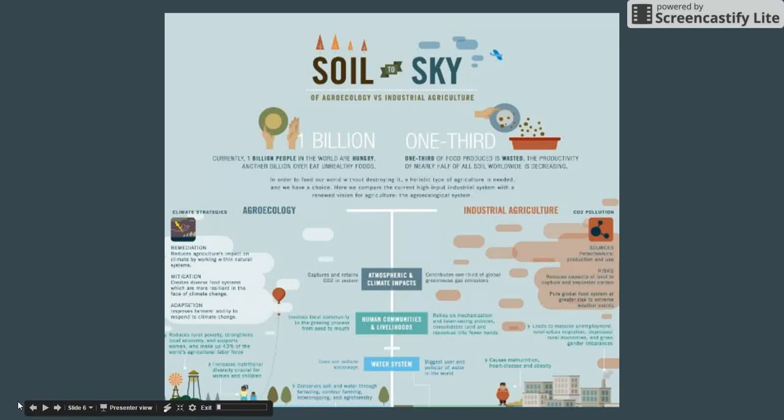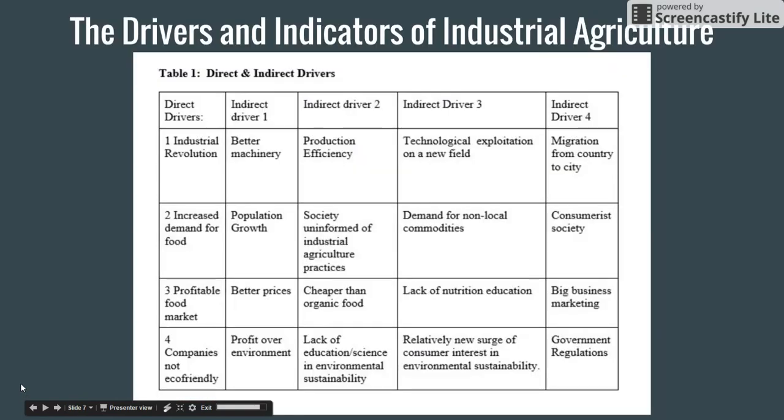Now that we've heard from Sarah and Jessica about the current state analysis of industrial agriculture and the effects it has had on the biogeochemical cycle, let's talk about the direct and indirect drivers of industrial agriculture. Throughout this course, we as a group have found 4 major direct drivers of industrial agriculture, as well as 16